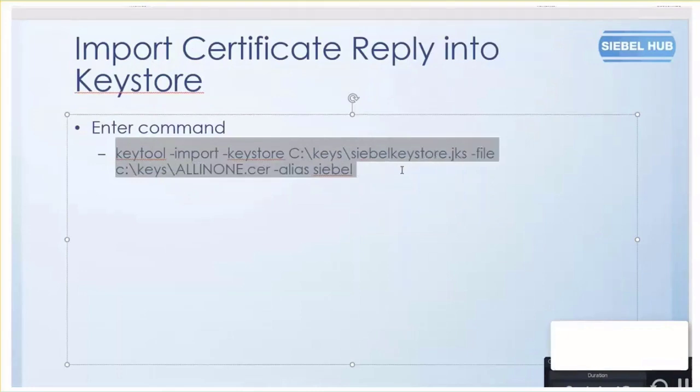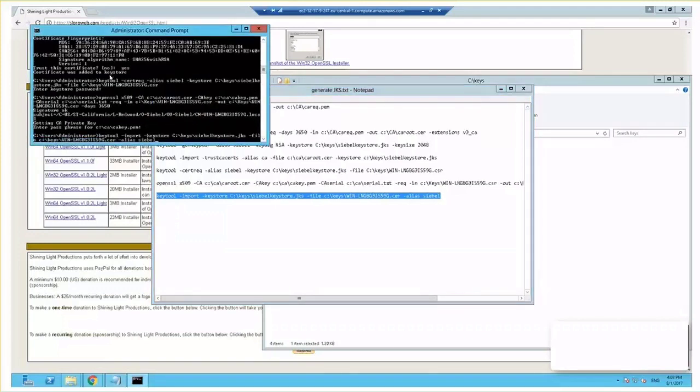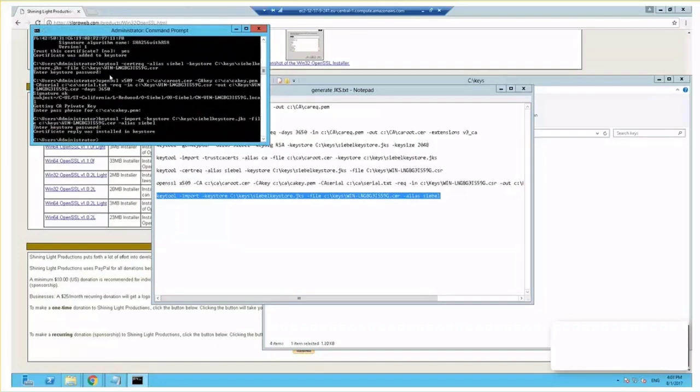And now the reply certificate file we just created is the reply from the certificate authority. We import that into our Keystore again, using the import command, specifying the certificate file we just created. Okay, one final password here, and the Keystore is